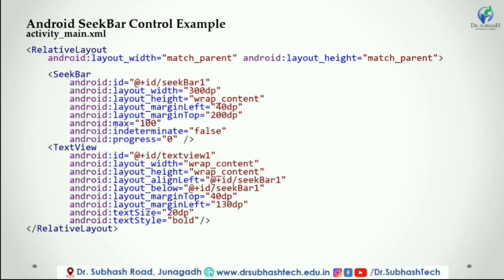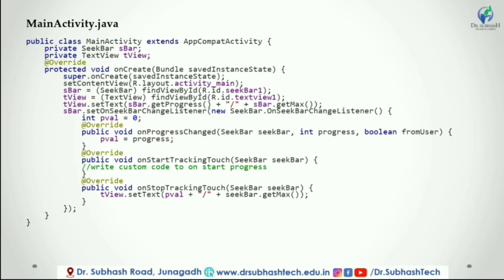Now we will create a simple example of Android seek bar control. Example. If you observe the above code, we created one seek bar control and one text view control in the XML layout file. Once we are done with the creation of the layout with required controls, we need to load the XML layout resources from our activity onCreate callback method. For that, open the main activity file MainActivity.java from the package and write the code like as shown below for MainActivity.java.